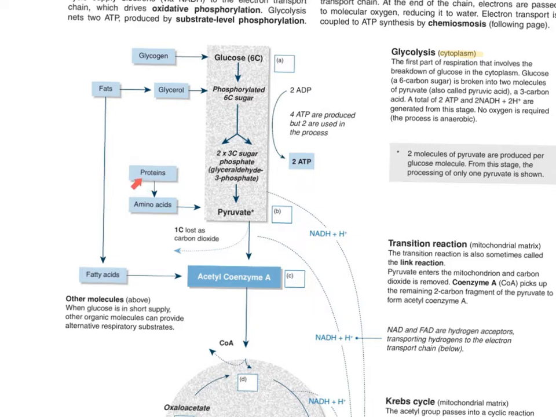There it is. I'm showing you. Here's proteins going in. What do you turn proteins into? Amino acids. You break them up into amino acids. What happens to amino acids? They turn into pyruvate. Now we go to pyruvate, and now you can make acetyl-CoA. Here you're going to produce CO2. But of course, amino acids are not going to produce a lot of CO2 because there aren't as many carbons.